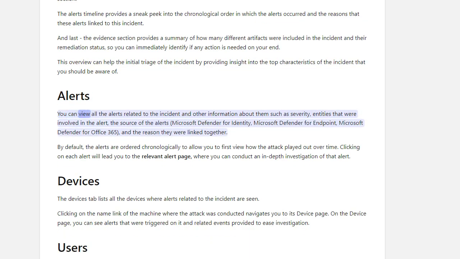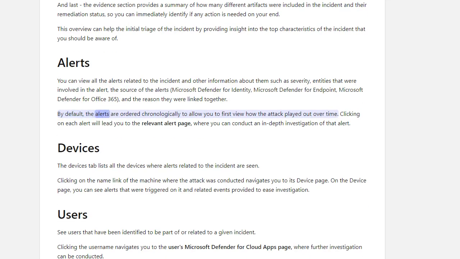Alerts. You can view all the alerts related to the incident and other information about them such as severity, entities that were involved in the alert, the source of the alerts, Microsoft Defender for Identity, Microsoft Defender for Endpoint, Microsoft Defender for Office 365, and the reason they were linked together. By default, the alerts are ordered chronologically to allow you to first view how the attack played out over time. Clicking on each alert will lead you to the relevant alert page, where you can conduct an in-depth investigation of